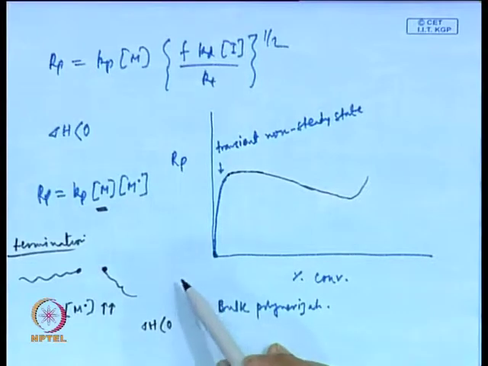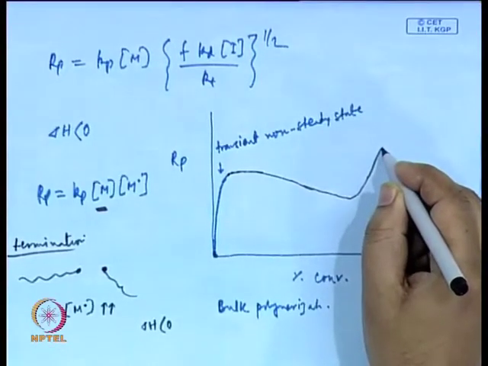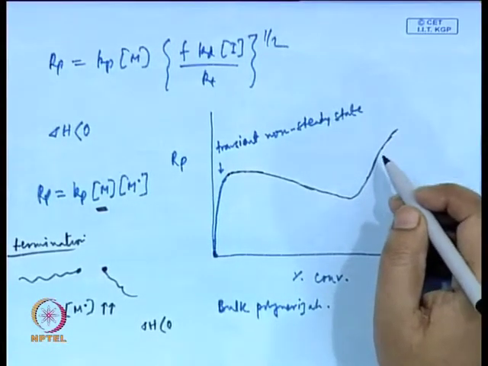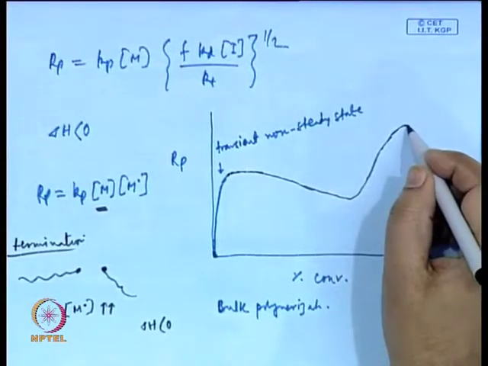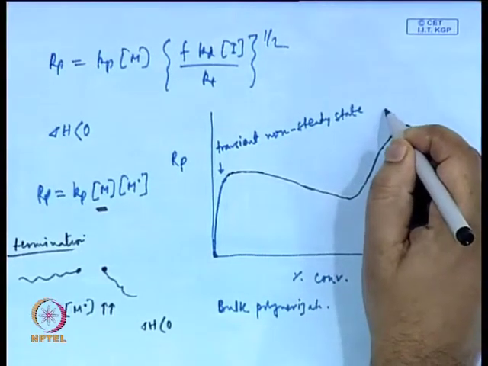So, what happens is auto acceleration. Because rate of polymerization goes up, more heat is generated, and we cannot take it out effectively because the viscosity of the medium is high. So, temperature goes up, as temperature goes up, rate of polymerization again goes up, as the rate of polymerization goes up, more and more heat is generated. So, basically there is an auto acceleration, the rate of polymerization becomes too much accelerated, as a result you get a gel at the end. So, you get a gel, it is a very highly viscous material. So, this is called the gel effect,